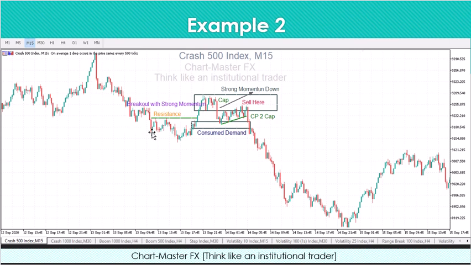On example number 2, guys, here we are on Crash 500 Index on M15. You can see here we have a resistance line of at least 2 touches, which is one of the conditions, and the price dropped going down. When the price was coming up here, we can see that we have a rally-base-rally that was created, and finally the price was able to break this resistance line with strong momentum, and it went up to create